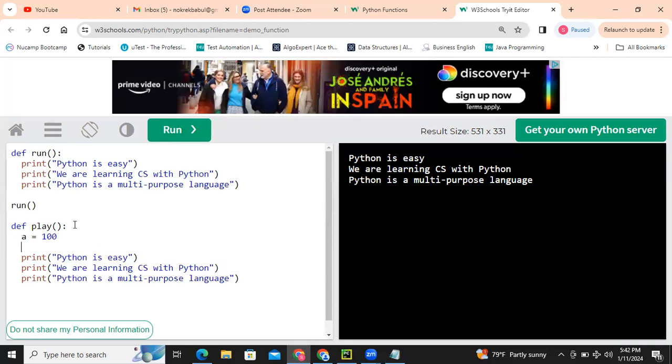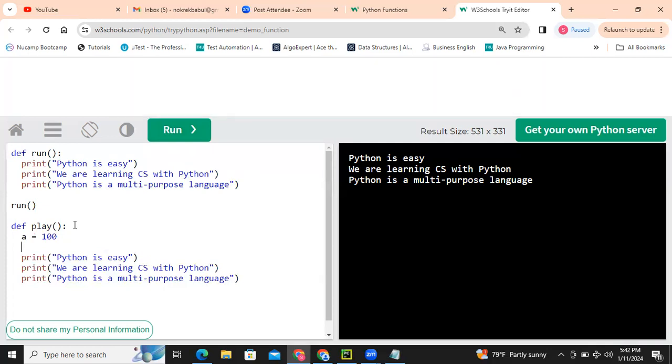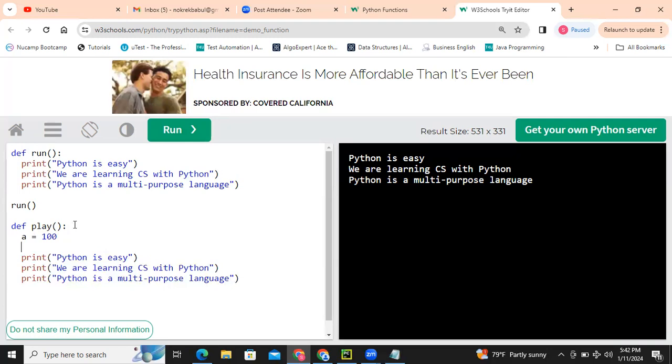Sir, I think his question is why we use print, like we write down print, then Python is easy. So why are we using print? Yeah. It looks like another function. Print is, yes, print is a method. We call it an inbuilt method. So a built-in method. And print is a statement.